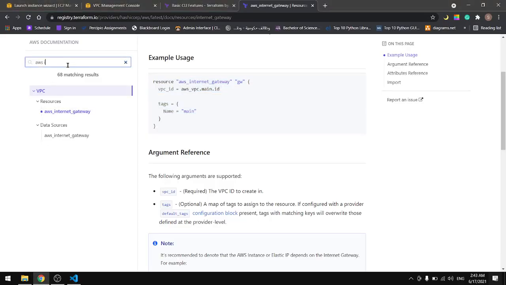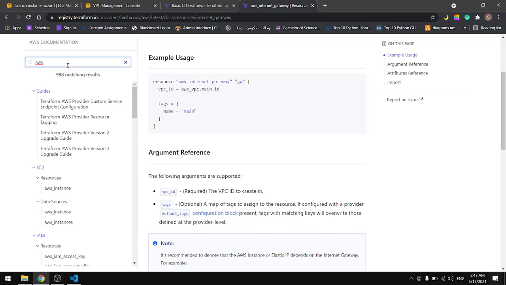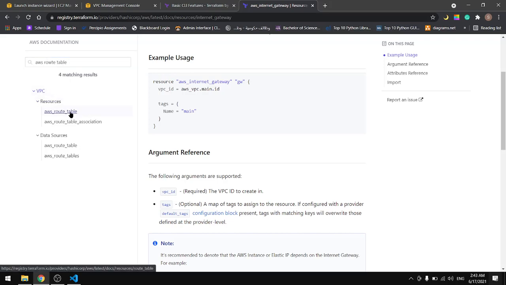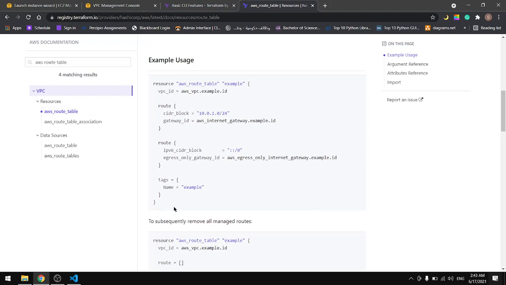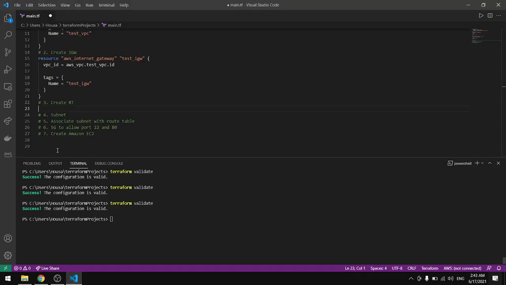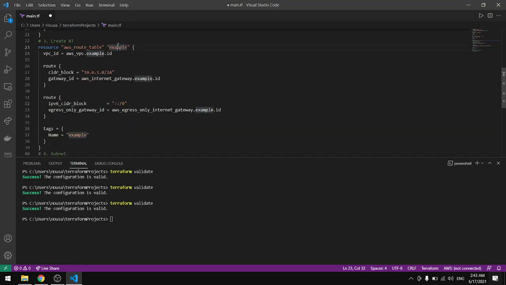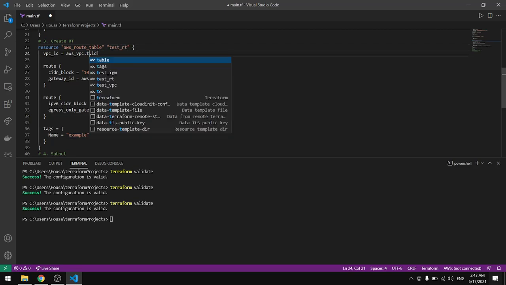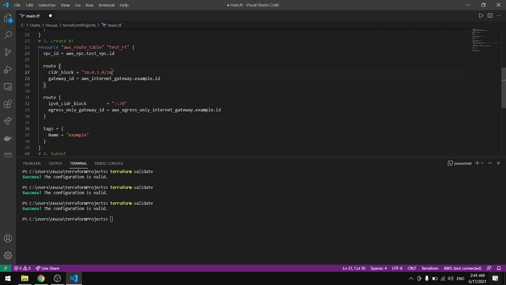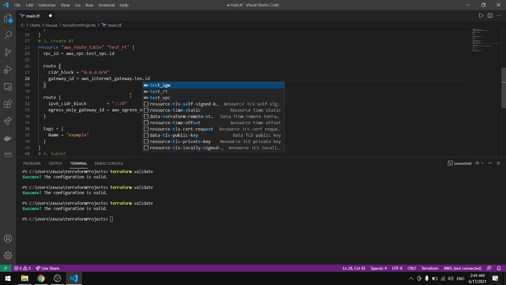I'll come back here, I'll look for the route tables. I'll copy this whole thing and paste it under the route tables. In here let's make some changes. test_route_table, refer to VPC, test VPC, and for the route, this is the gateway, so we'll do 0.0.0.0/0, and the gateway, let's reference the gateway in here. So test internet gateway,